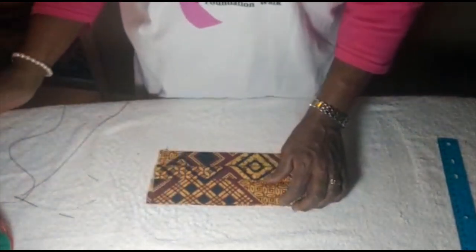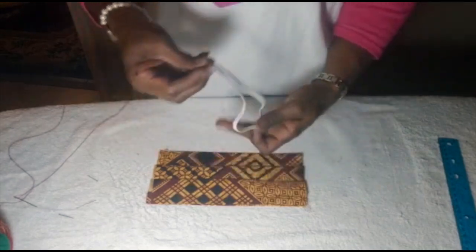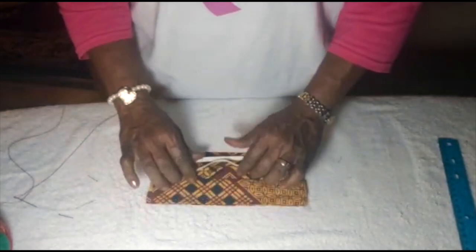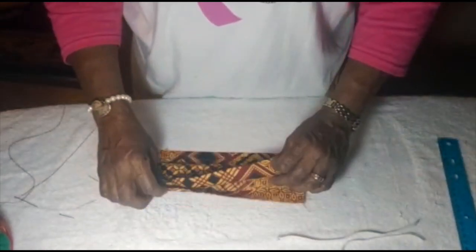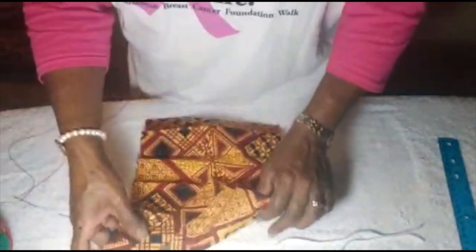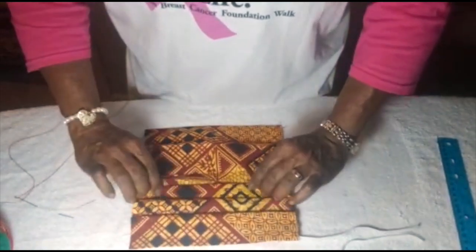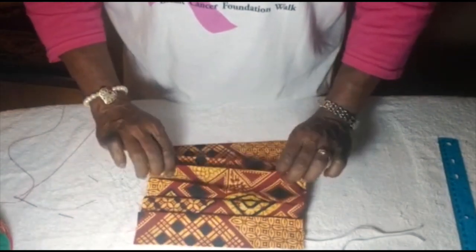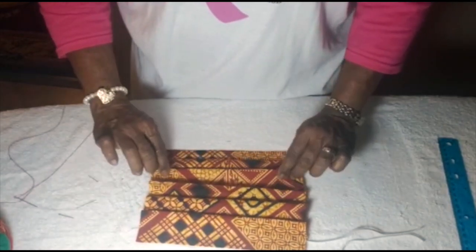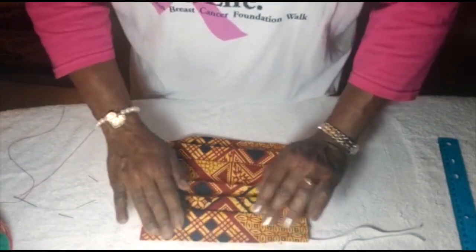Okay, so once you're done, you will need your elastic, your 2 pieces of elastic. This is about 7 inches long for your ear loop. It's going to go one on either side. So once you're done, you'll open the fabric, turn it the other way, and put the creases back together. This is the middle. You can tell this is the middle crease. So you open, put your creases back together,